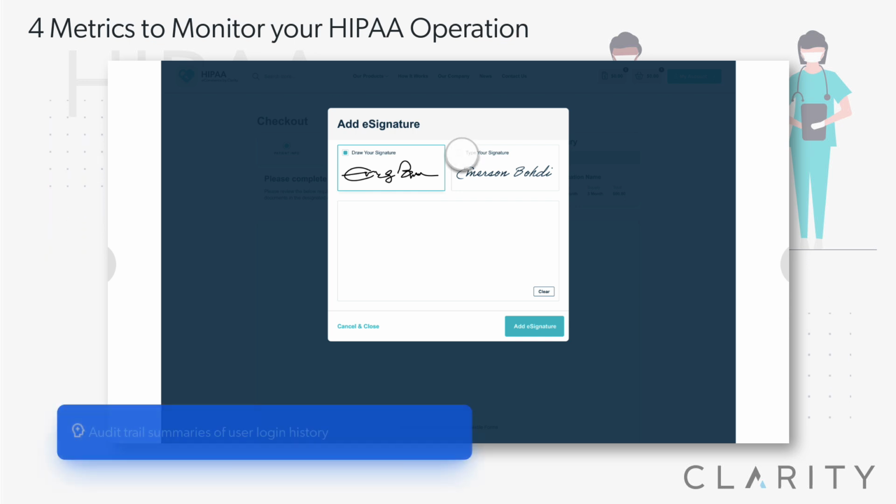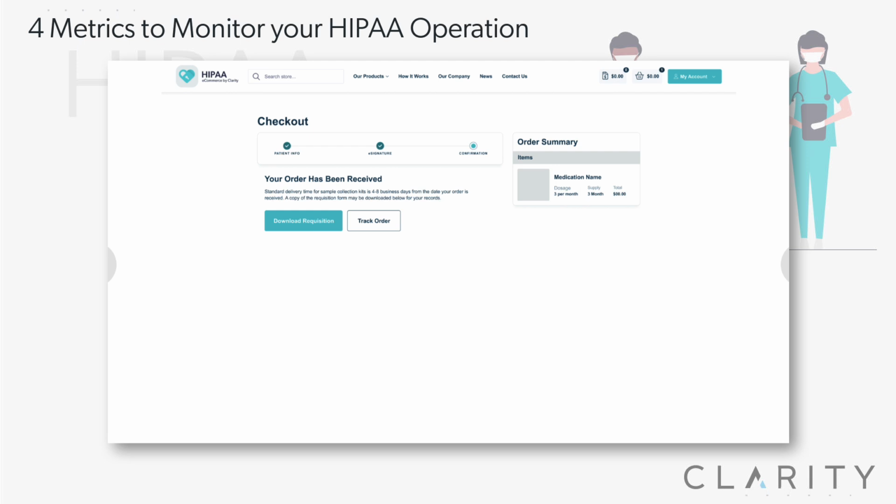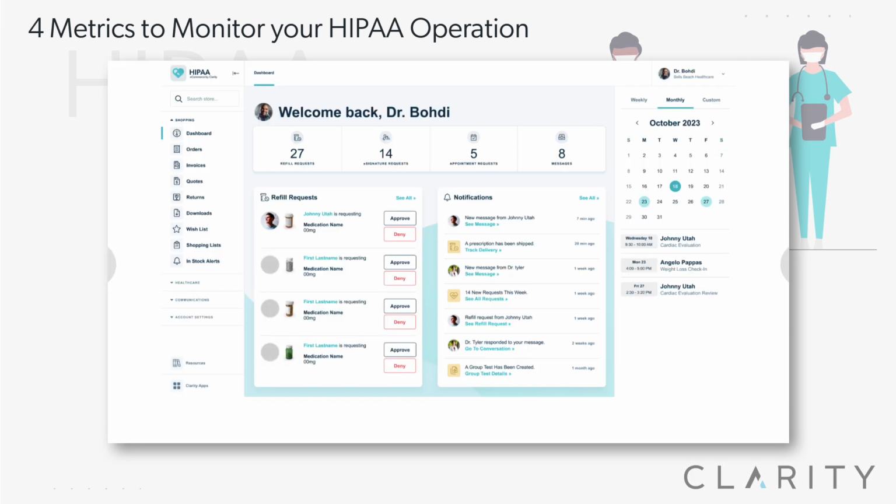Number 2, audit trail summaries of user login history. Now this is a little more difficult. You may have to start this doing it manually, where the security or compliance officers, your HIPAA officers, maybe they're going through and monitoring those logs looking for specific things. But this is also something, and we did another video on this, where an LLM and AI could be used